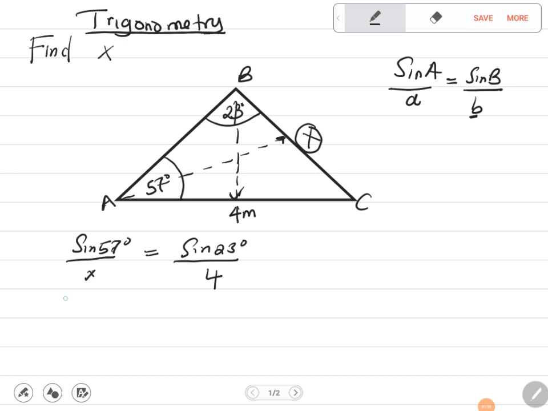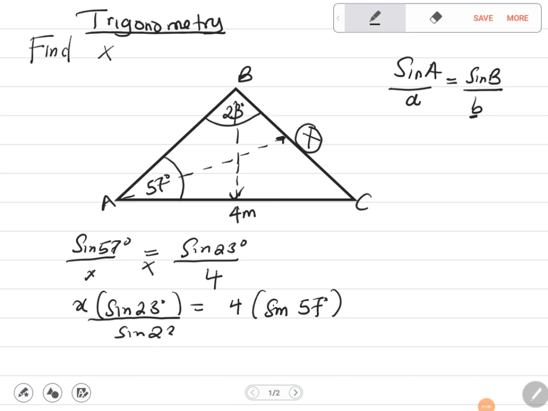So cross multiply. So here x times sine 23 degrees is equal to 4 multiplied by sine 57 degrees. Divide throughout by sine 23 degrees. I'm doing this so that we avoid the issue of rounding off. We need to find something that is quite accurate. Alright, so x